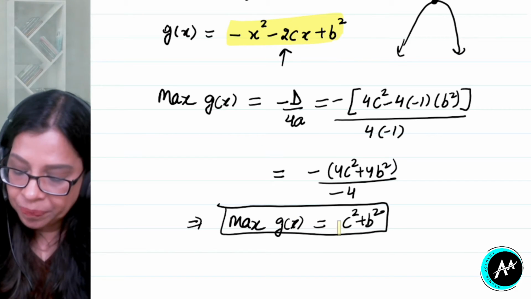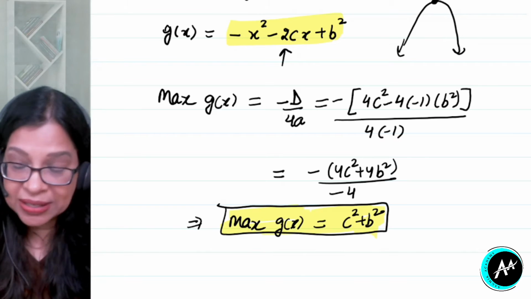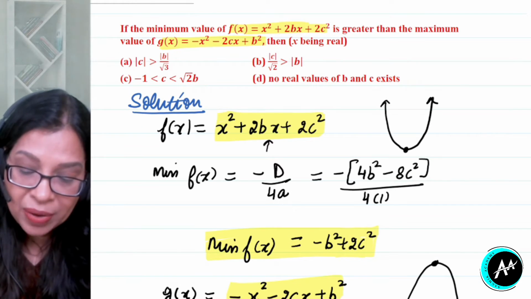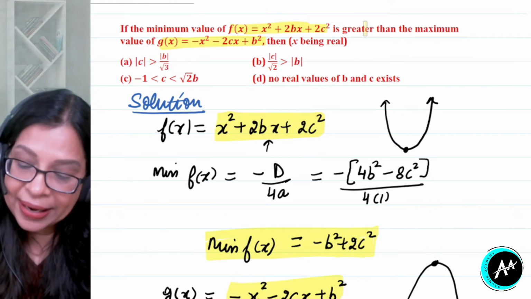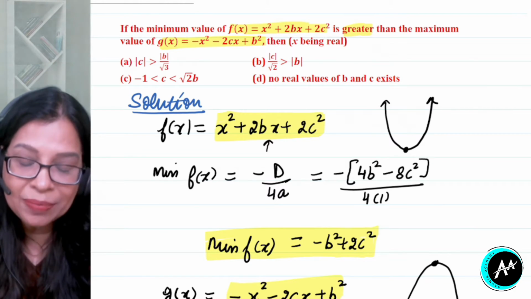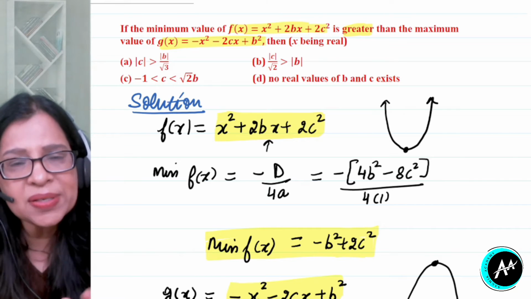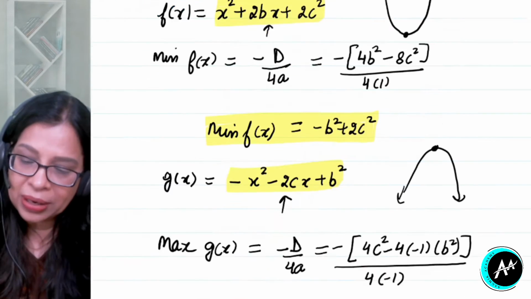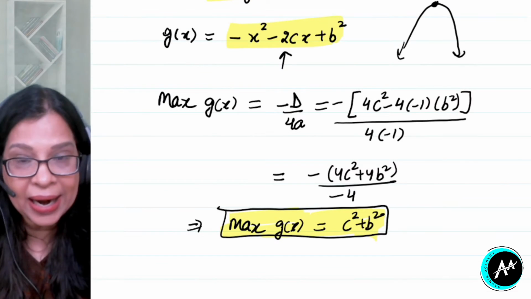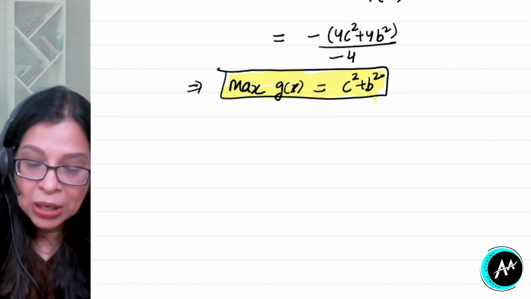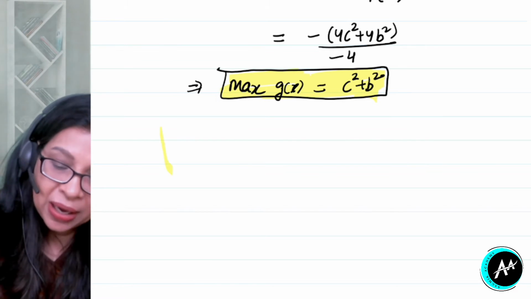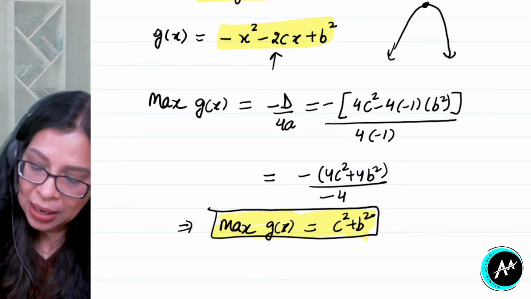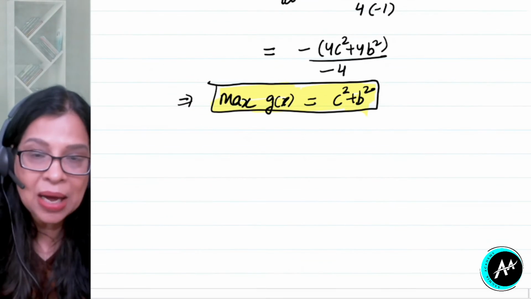Now what are they saying? Let us see the question again. Now look carefully. The question is that the minimum value of f(x) is greater than the maximum value of g(x). Now how is it possible that the minimum value is greater than the maximum value? Let me show you through a graph. You can see that f(x) had the coefficient of x square positive, so f(x) was a parabola opening upwards, isn't it? The parabola in f(x) was opening upward, and the parabola of g(x) is downward.